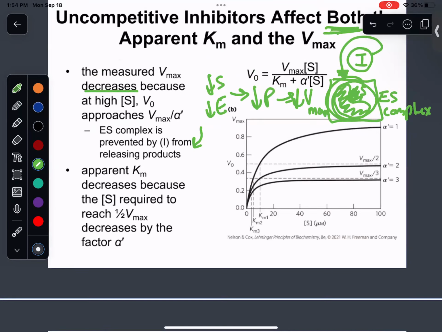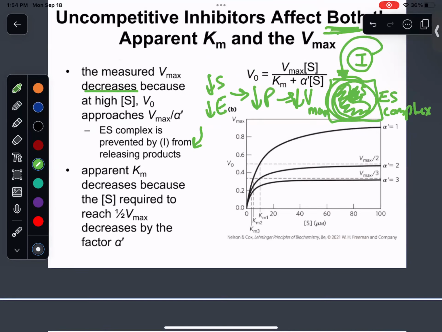Okay. So here we're looking at the uninhibited line. This is the normal untouched line, right? No one threw in any inhibitor yet. Now you put in some inhibitor. You bring some inhibitor in. And look at that Vmax. Totally different. Much lower. Right? And as a result of that Vmax being lower, we know what's going to change. Our Km is going to change because Km is what? 1/2 of Vmax.